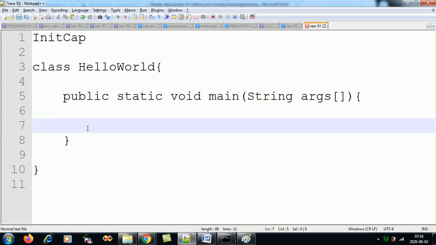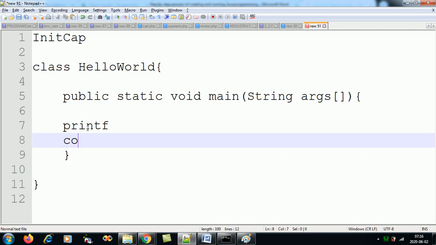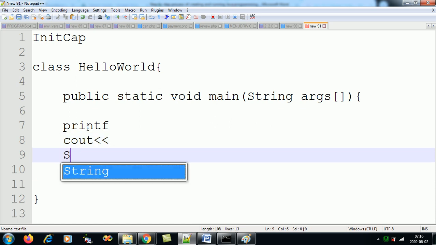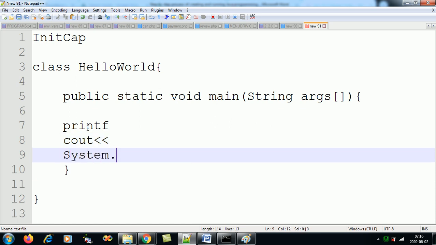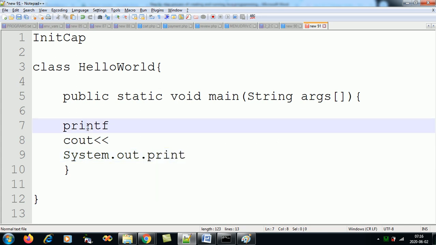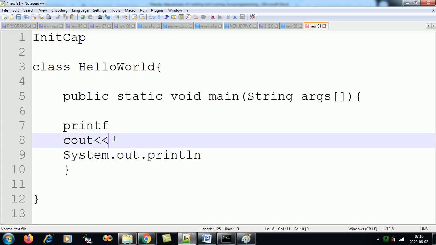In C we had the printf function to print. In C++ we had cout to display on the console. In Java we have System.out.print, and a new line will be fed after the print. So you have print, as well as a function called println. Usually what we would do in Java is after the print,